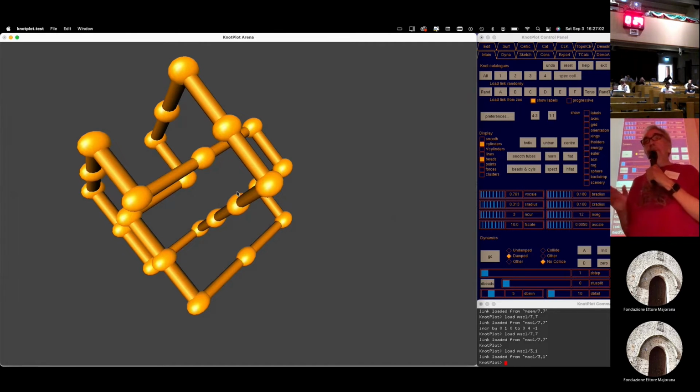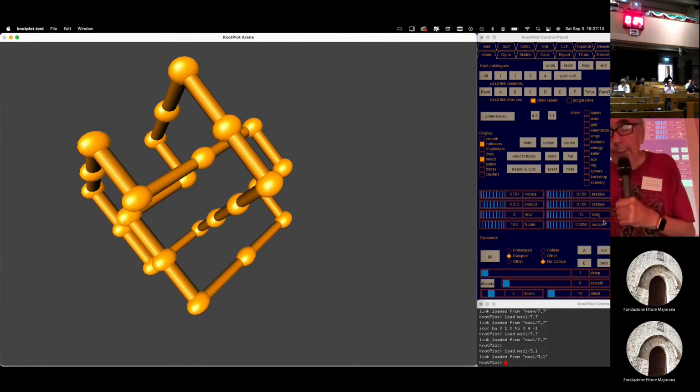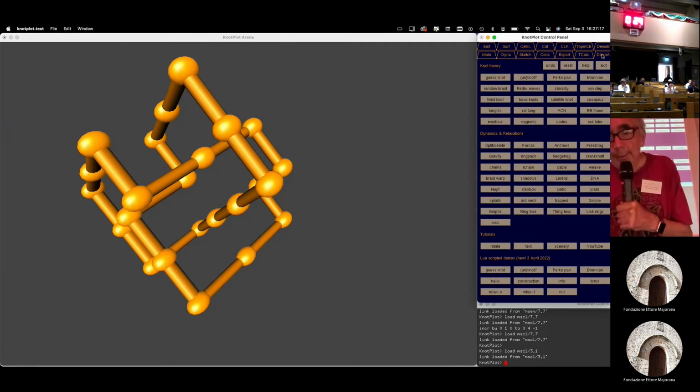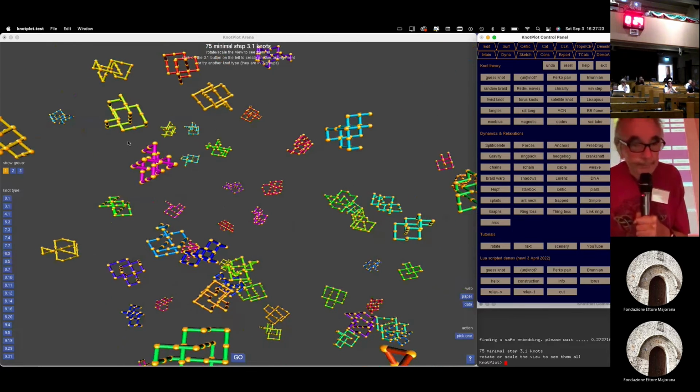Well, when we redid this work in 2009, Yunnan was also part of the team, and I wanted to not look at the number of paths, because I thought it was more interesting to look at the number of entities, like how many different trefoils could I hand you, and so this is